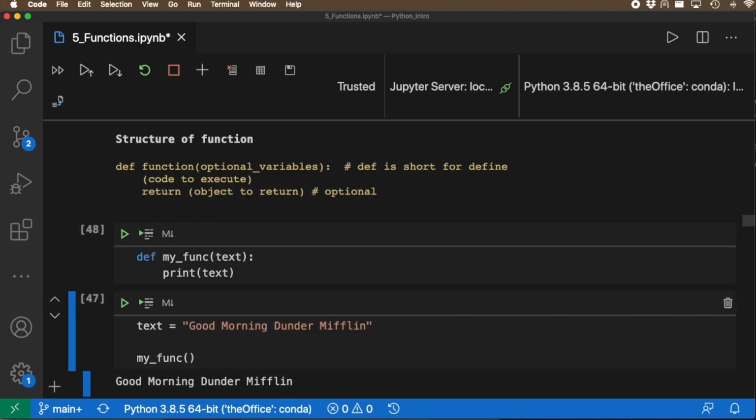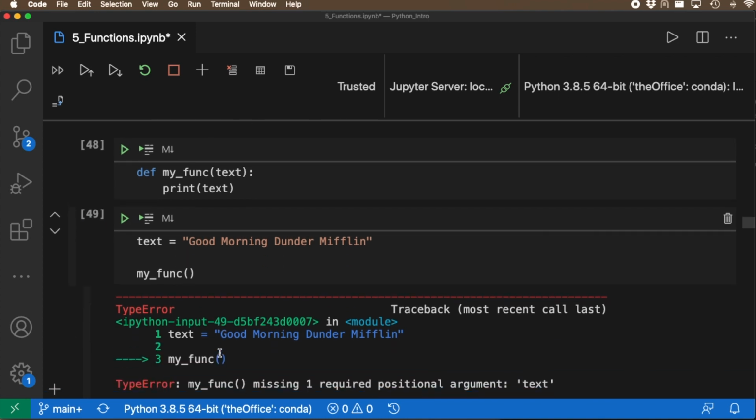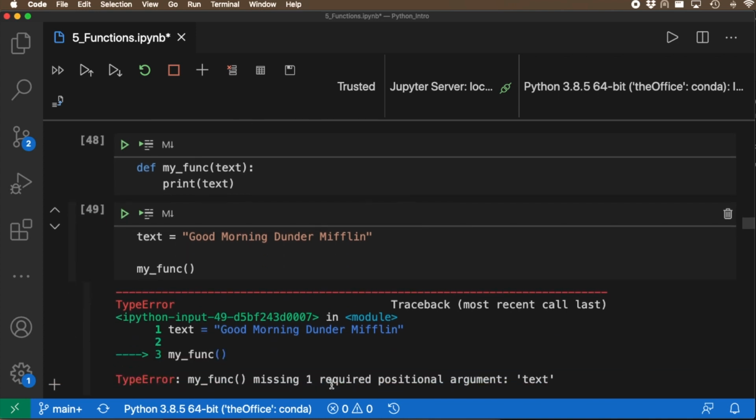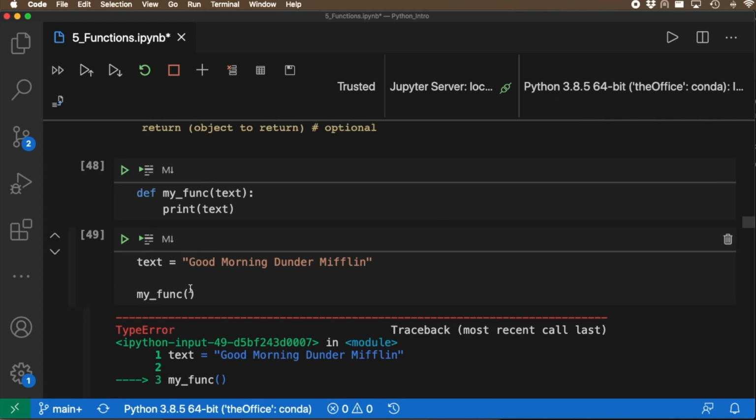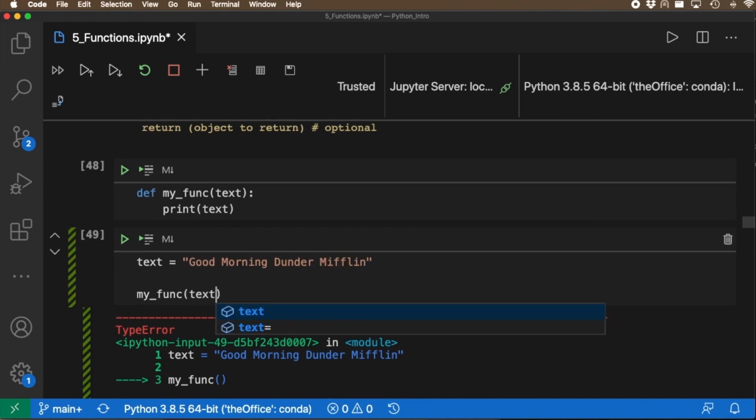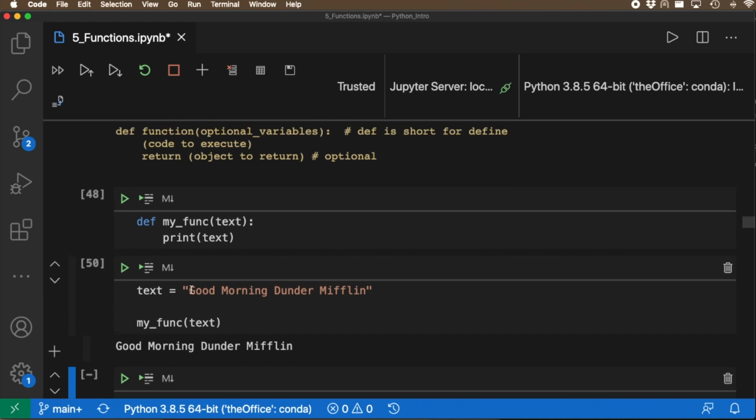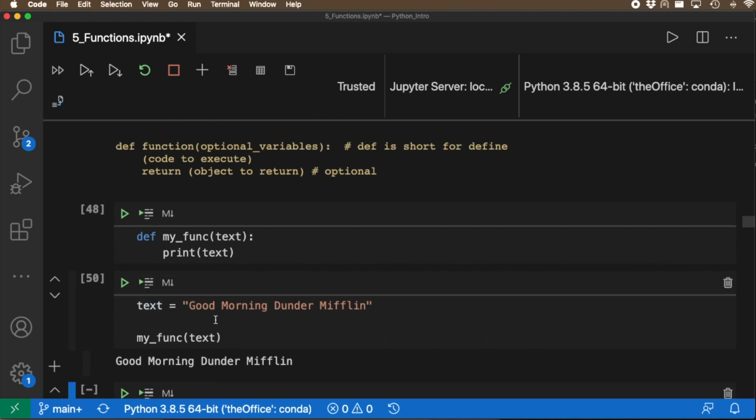And running shift enter. And now going down here, we have my func, and it now requires that text input. If I were to run this without putting text in, you're going to see I get my func missing one required positional argument, text. And we can look up here, it does require one. So now putting in that text, shift enter, we get, hey, we get the text that we had up here